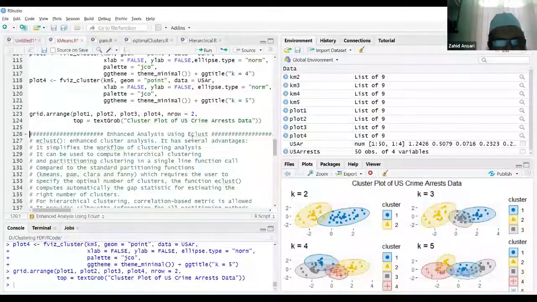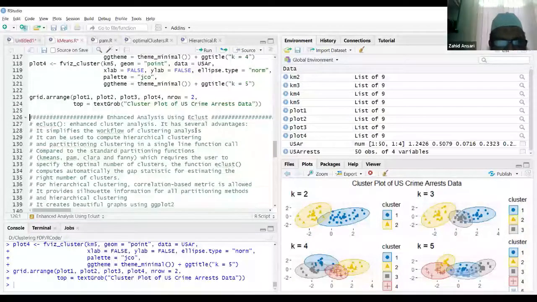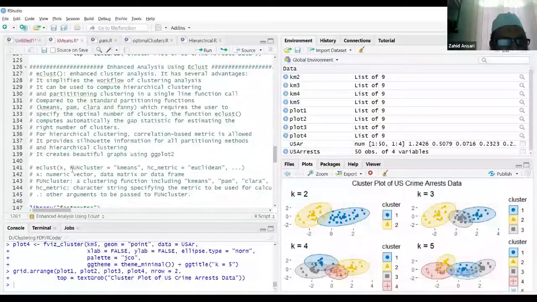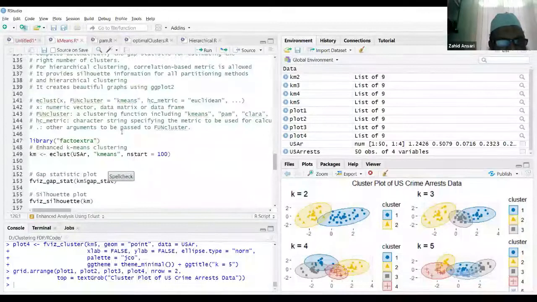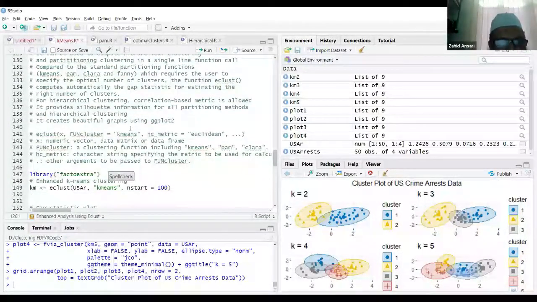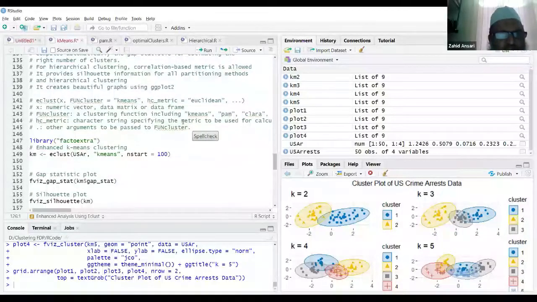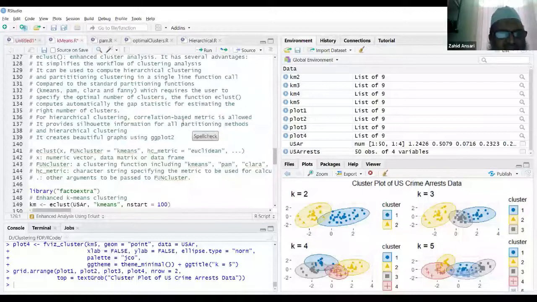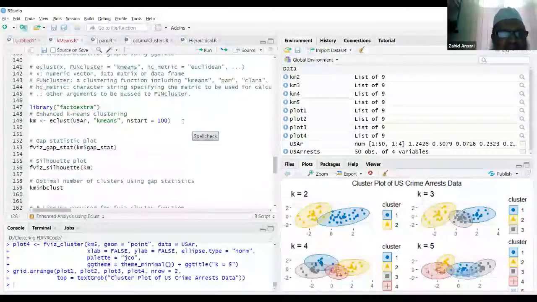Now there is enhanced analysis using eclust. Basically there is an eclust method provided in R. That also can be used for k-means clustering. That can be used for multiple clustering; in fact, eclust can be used for a number of clustering methods. So here we are performing k-means clustering using the eclust method.